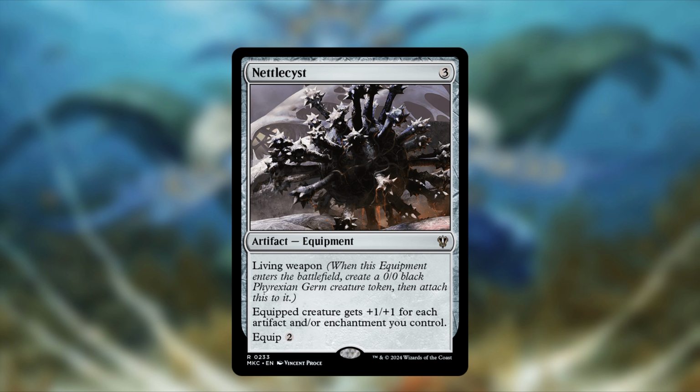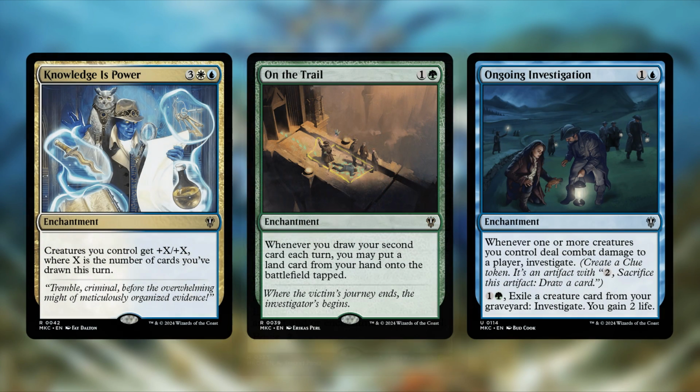Moving on to the enchantments once again, we added 3. I see 3 removed. Yep, first one on the chopping block is Knowledge is Power. This is 3, a white and a blue. It says creatures you control get +X/+X, where X is the number of cards you've drawn this turn. This is a super powerful card in this deck because you are drawing a lot. But what I've come to notice is it doesn't matter whether my creatures are big or small because I'm going to have so many of them,